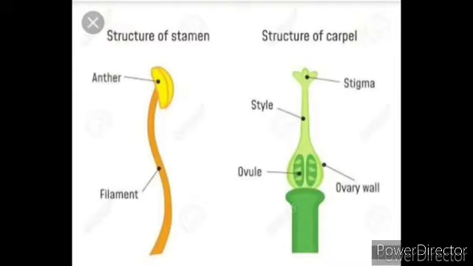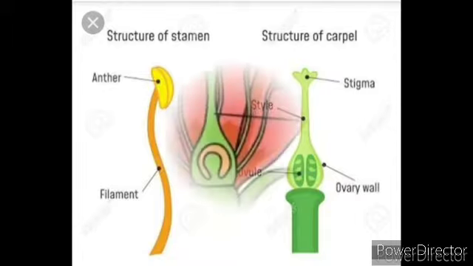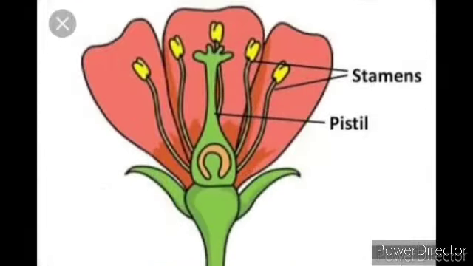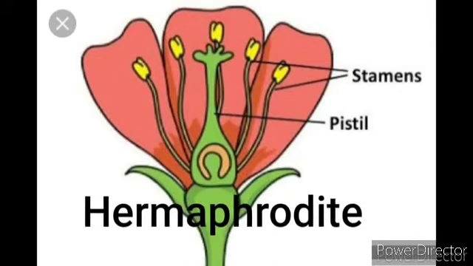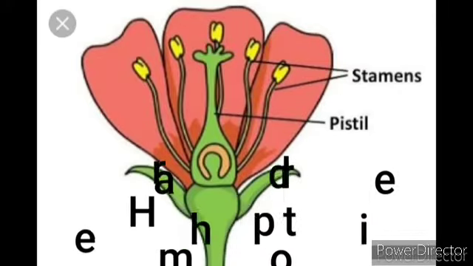Flowers may be male, female, or bisexual flowers. The anthers of the stamens produce pollen, which forms the male gamete. The ovary of the carpels bears the ovule, which encloses the female gamete. The stamens and carpels are the male and female parts of the flower, respectively. The flower which contains both stamen and carpel is called a bisexual or hermaphrodite flower, and examples are hibiscus, rose, lily,